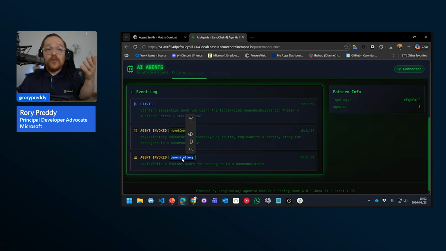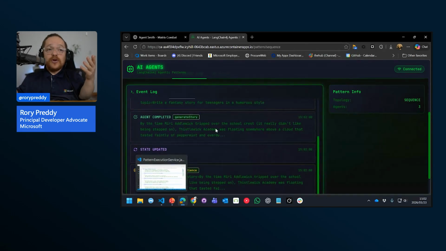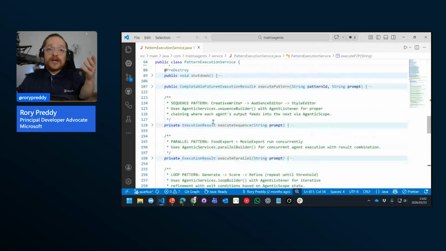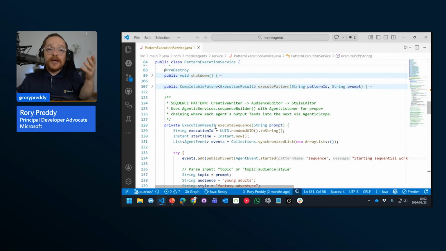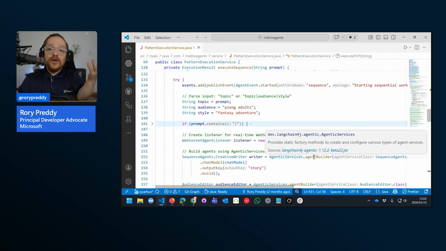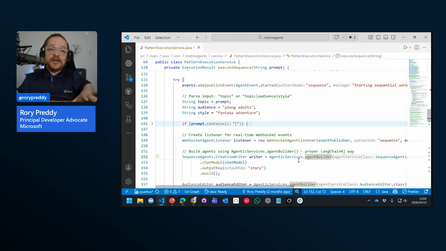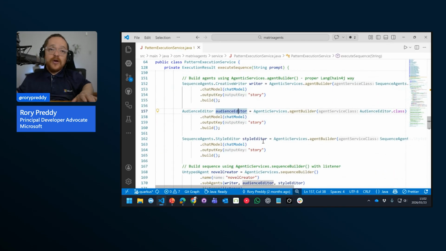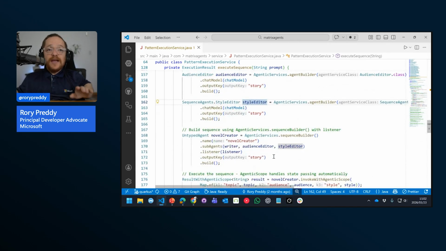Now it's actually going to call the generate story, and it's going to go through each one of those. And I've also got the actual code here. So if I go to execute sequence, you can see the sequence, it's pretty simple. We're going to use the agentic service there. So we're going to go to agent builder, create the writer, create the audience editor, create the style editor, and then just